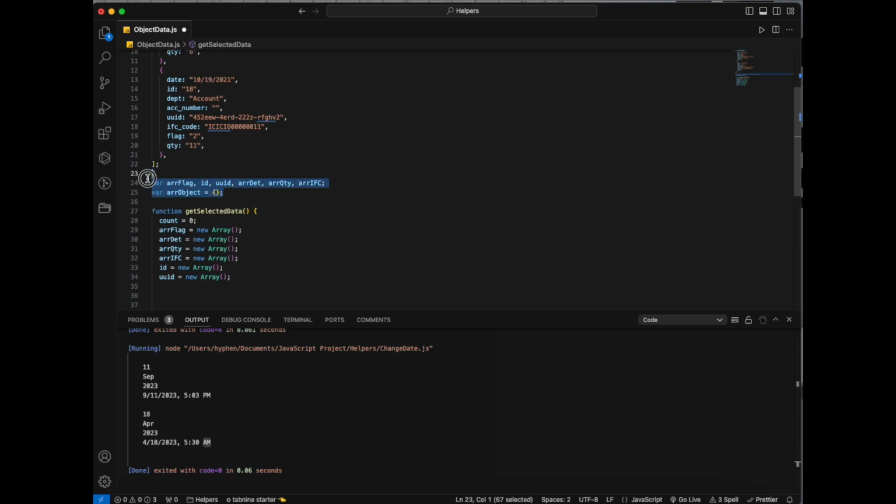and I take these variables outside of the function, because in some scenarios, when your function is called, the values of those variables will also change. So I want that if a value is pushed in that array, it is never changed. So I take those variables outside of the function,